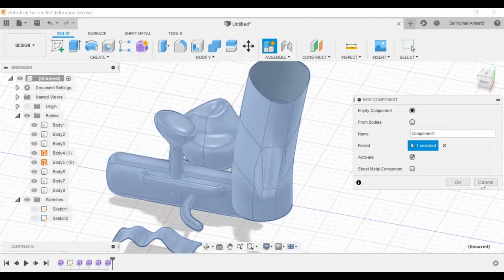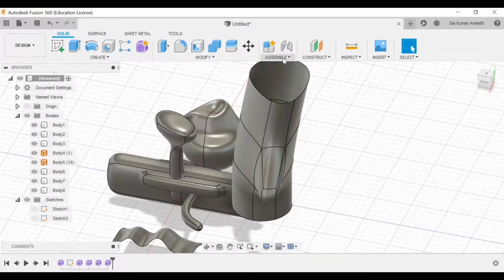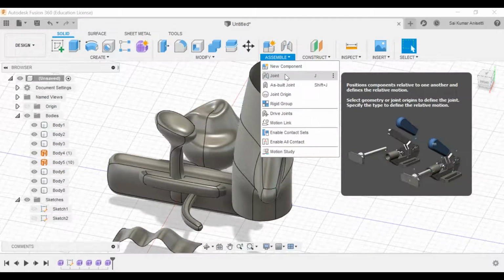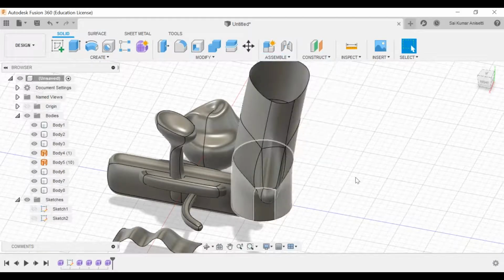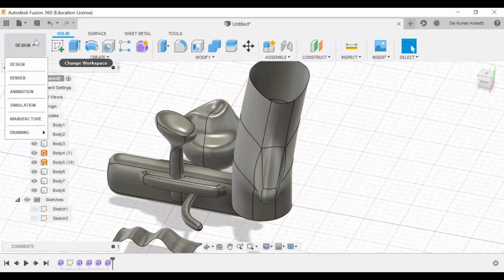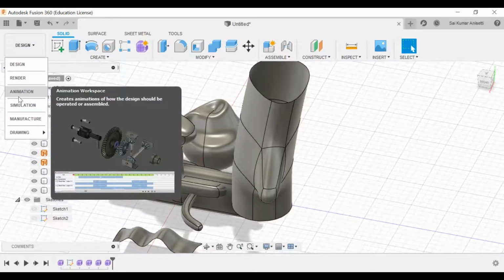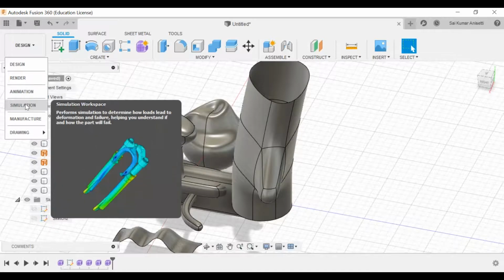Now I'll explain how to create a simple component, one single component, and in that you have a number of joints and everything. You have joints, as-built joints, widget groups, and that is how you actually do it. Tomorrow we'll cover assembly design, and after that we'll simulate it. Animation is nothing but creating fun models along with it. I'll go as fast as possible, create a simple assembly, and animate it for tomorrow. And the day after tomorrow, for the completion class, we'll simulate it.